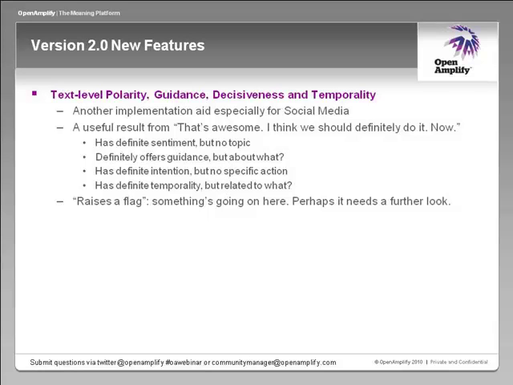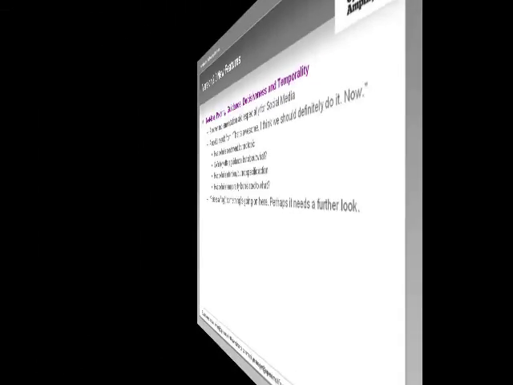That doesn't mean that it's not a very, very useful piece of text to be able to analyze. If nothing else, it raises a flag. It says that something's going on here. Maybe it needs a further look. You may want, under the circumstances, then to take a look at the entire thread of the conversation. But if all you have at your disposal is a snippet like the one we saw, now instead of just getting a blank topic analysis and very little useful information, you'll now get these signals at the text level for the particular type of text.